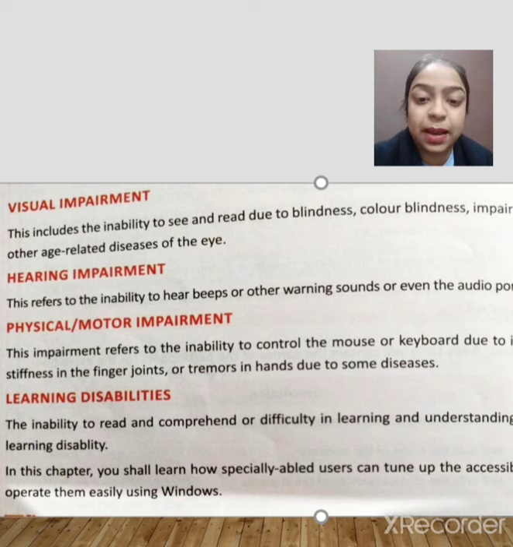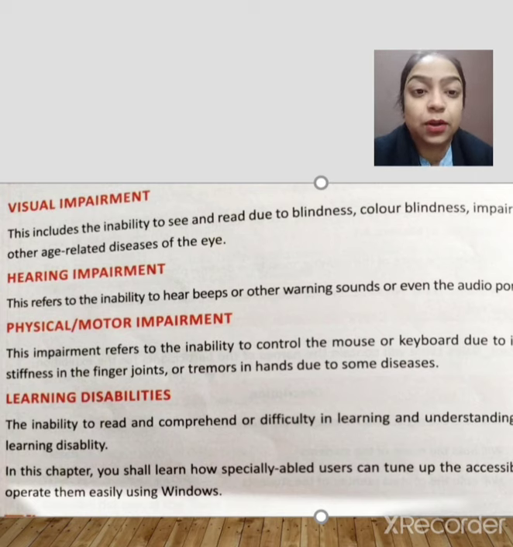In this chapter you will learn how specially abled users can use Windows. A disabled person is also known as a specially abled person, because they require special treatment and special features, so they can tune up the accessibility options easily using Windows. Are you getting my point?